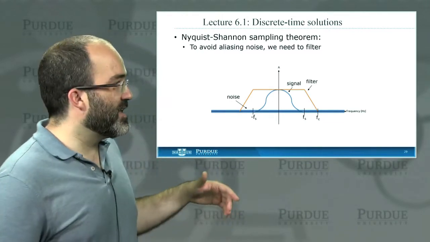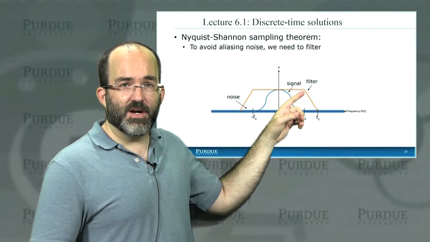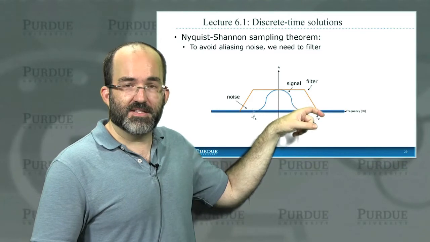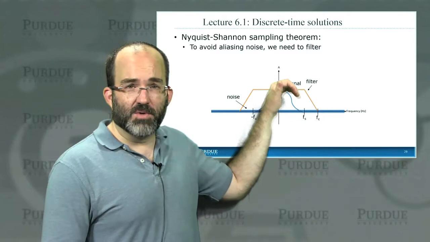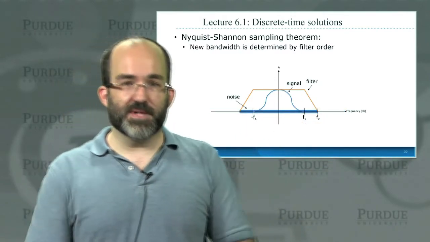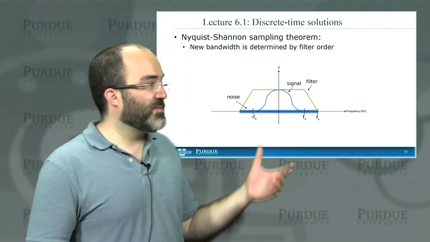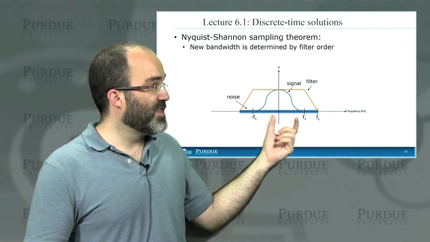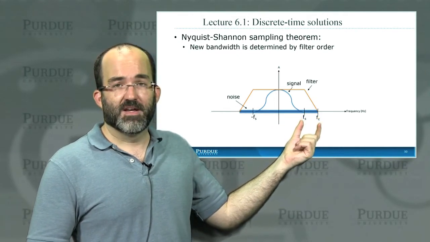We take a filter and we make it so that the filter has a cutoff frequency that is right where Fs is, and then that filter will roll off at some steepness, depending on the order of the filter, how many filtering elements there are, and cut off the noise at that point. So after we filter the noise in this way, we get rid of the noise outside of the filter cutoff, and now we have a new set of frequency components. We have the ones that are of interest, which exist from 0 to Fs, and then we have the ones that exist between Fs and Fc.